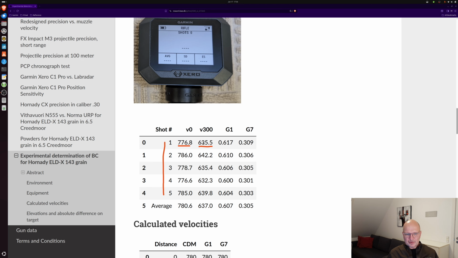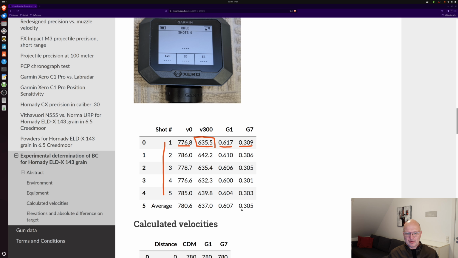And using these 2 velocities and the environment shown above, you can determine the corresponding G1 ballistic coefficient and G7 ballistic coefficient that will result in this particular V300, and that's the way to determine the ballistic coefficient. And then to make it a little bit more robust, I'm taking the average of the values determined for the 5 shots